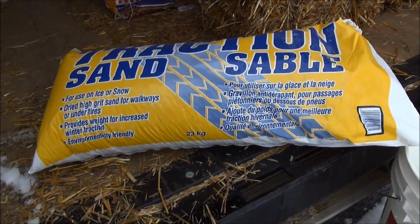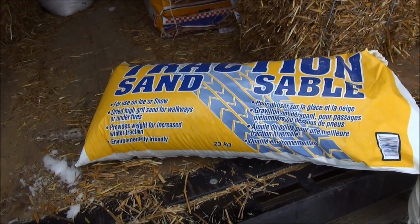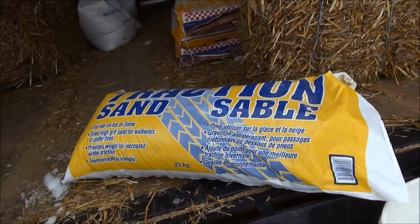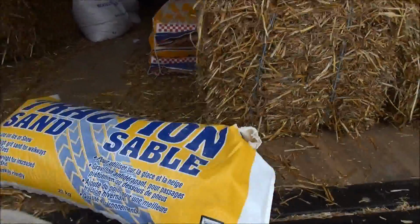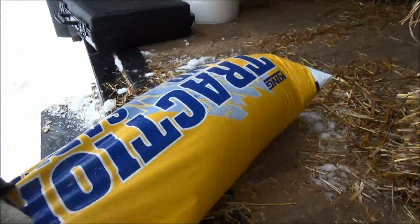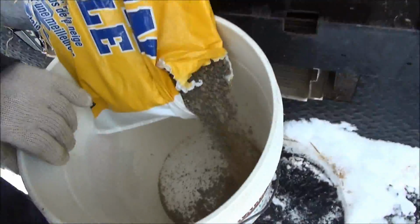I totally forgot I bought it. It's traction sand, and I always keep some sand in the truck, but this stuff is a little bit different. I bought it in the fall for like $2 for the bag, so I decided to open it up and see what's inside. Turns out, and I'll show you here, let's hope I don't spill it, it's actually